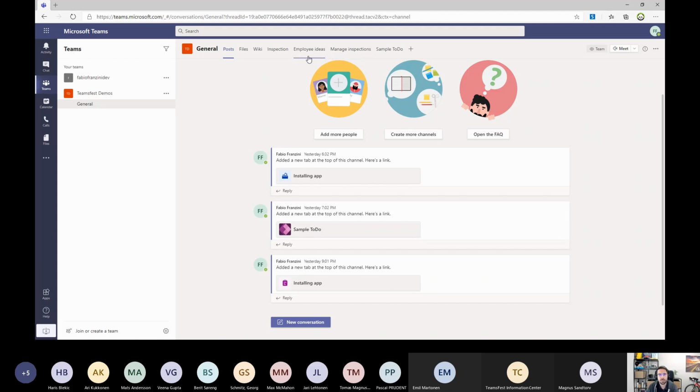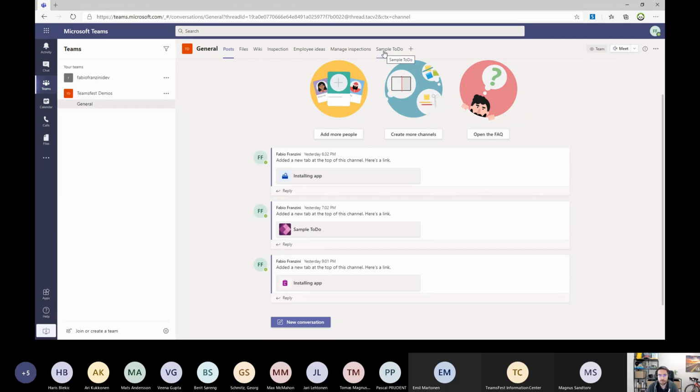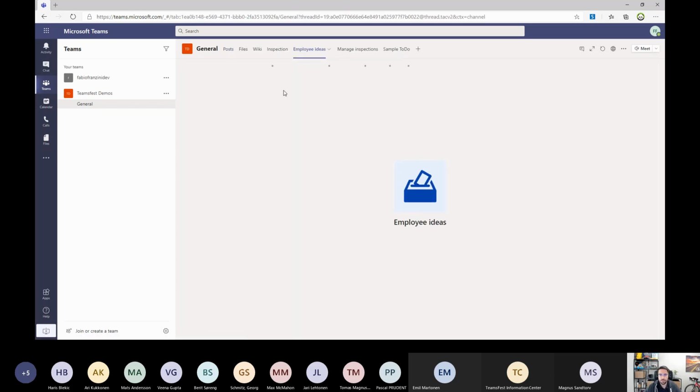The first 2 applications, Employee Ideas and Manage Inspection, are Microsoft applications that you can install by using the Power Apps application, but let me show that later. The last application is a sample to-do that I created to demonstrate some aspects of the integration from Power Apps and Teams.